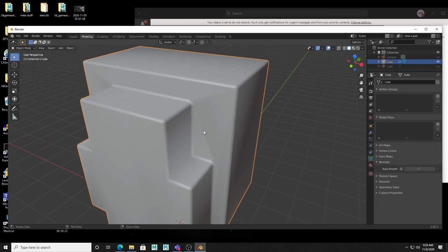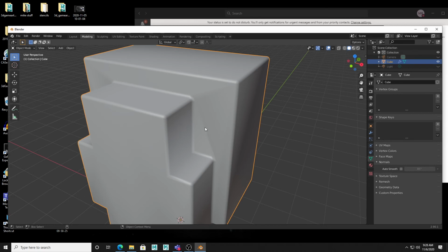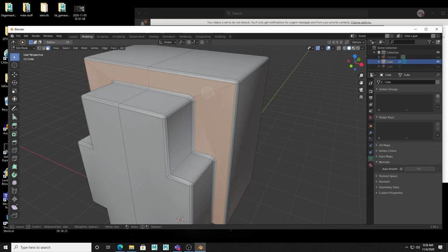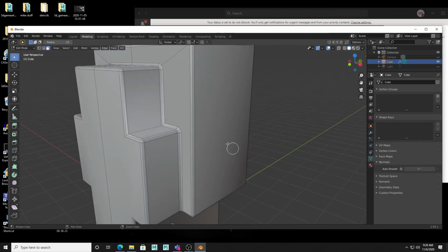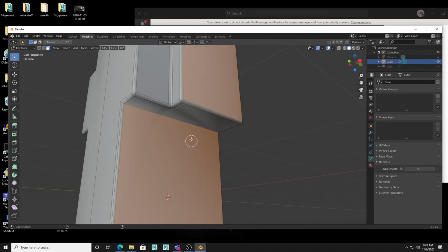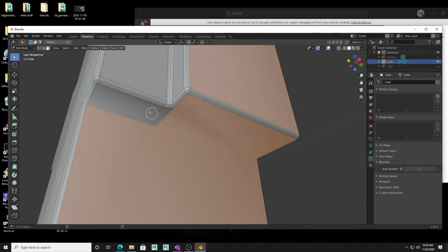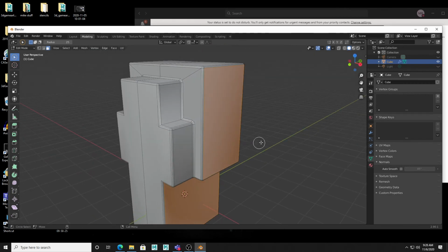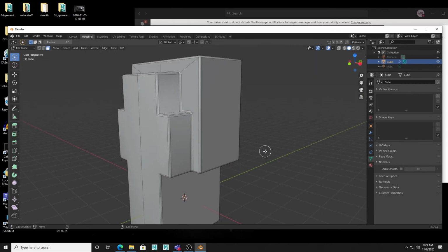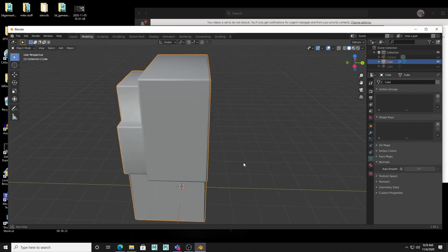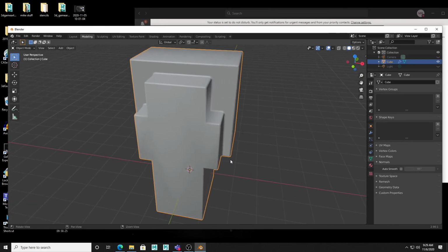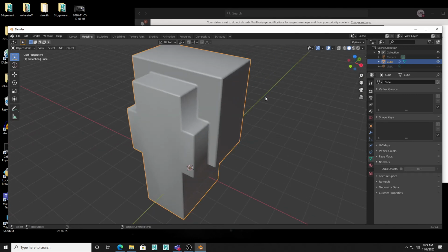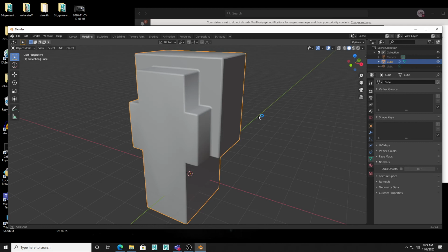And we can always come back in here and do some fixing of these things as well. One of the things you might even try is going to face mode and selecting some of these faces, right click. And you'll notice when you right click face context menu, there is a shade flat there. So you can actually come back in here for some of these areas that are shading a little bit weird, right? And you can always just right click shade flat, and you'll see that they'll handle those a bit better, right? So keep in mind that you have some great shading options, and even your shade smooth and your shade flat work at the